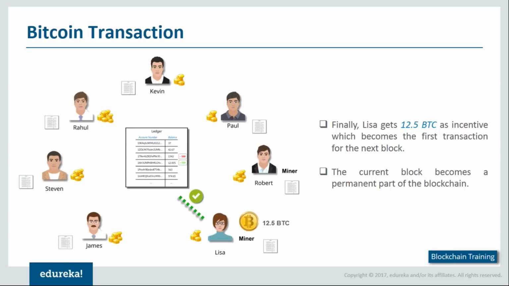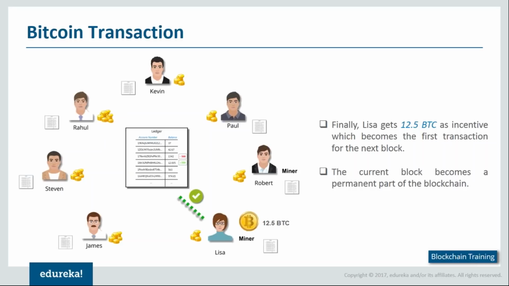Now when you say 2.5 bitcoins, this is close to almost $5,000 to $6,000. So that's quite useful, definitely. So as I had mentioned, given the individual resources, no single person can mine the new block as well. But the Bitcoin system definitely rewards you for helping out the transaction as well as mining the new block as such. Once the new block gets created, it becomes the permanent part of the blockchain, and as we have seen, the blockchain system keeps growing and new blocks keep getting added to it.